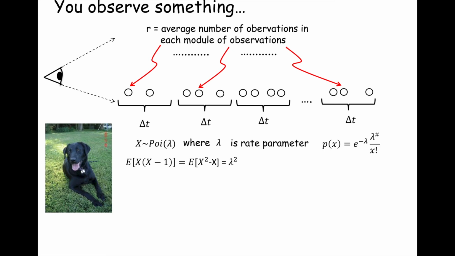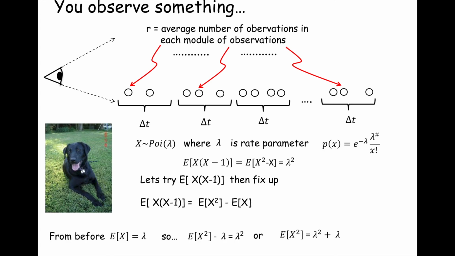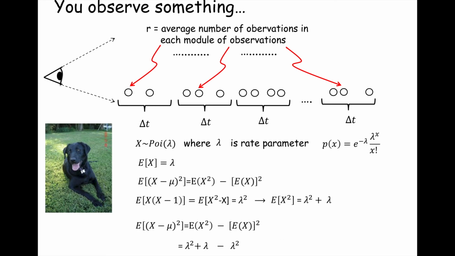All right. So we have that result, and we did the fix up. And so I'm basically doing the same thing the long way. And so we redo this E of X times X minus 1. That's E of X squared minus E of X. And then we do a little bit of algebra. We get E of X squared is equal to lambda squared plus lambda. And then we plug that in to the variance equation. The lambda squared and the minus lambda squared cancel, and we're left with lambda. Okay. All right. So if there are no other questions, I'll end there.